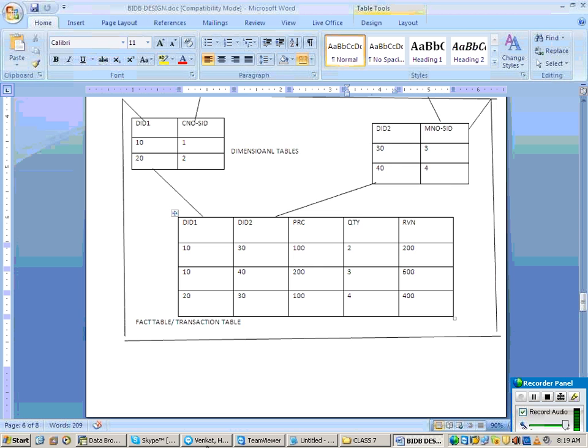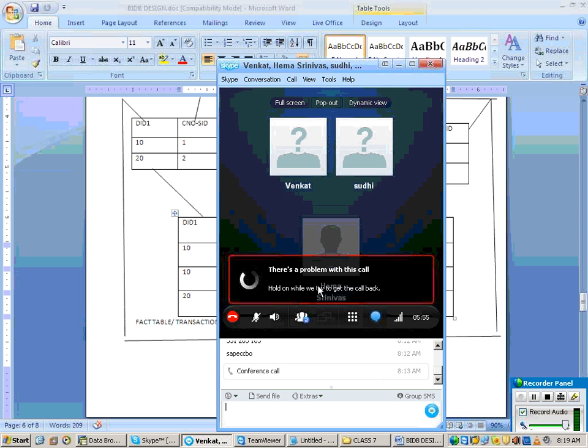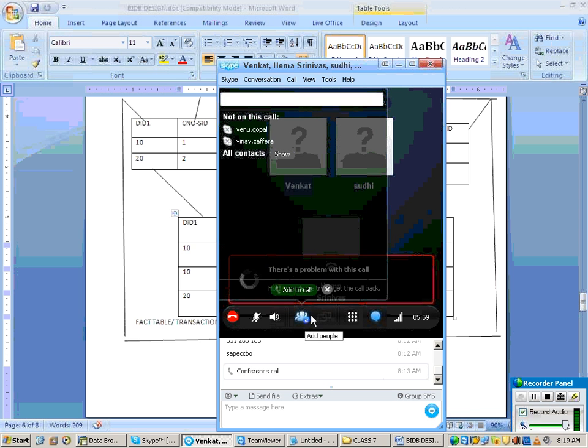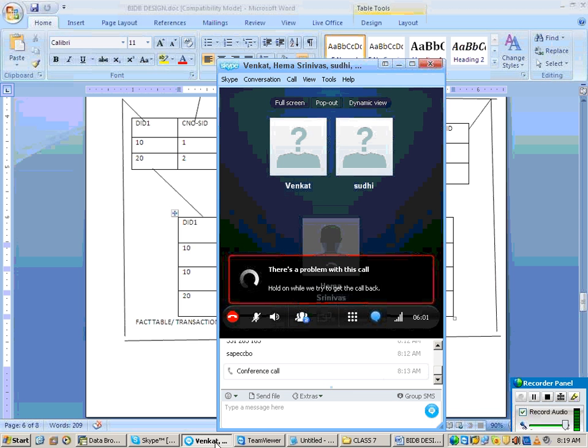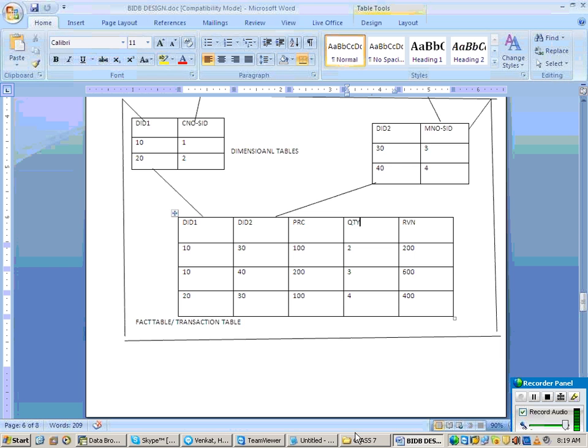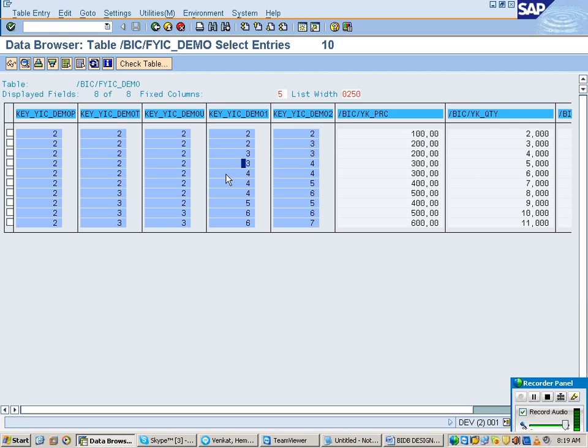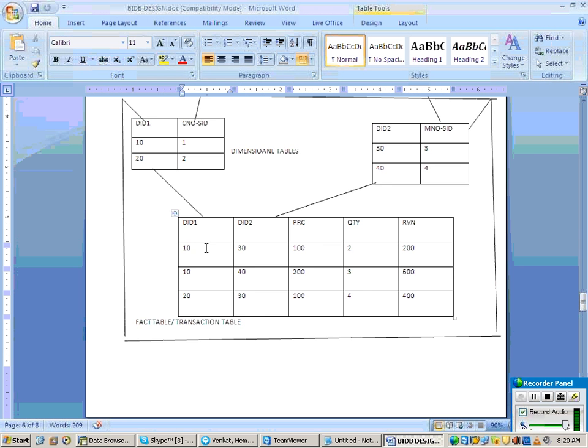Now, how is it dimension IDs followed by key figures? Okay. Now, here, what is the dimension ID you have seen here? You have 10, 20, something you have seen. But in our case, what is the dimension ID? 2, 3, 4, 5, 6.